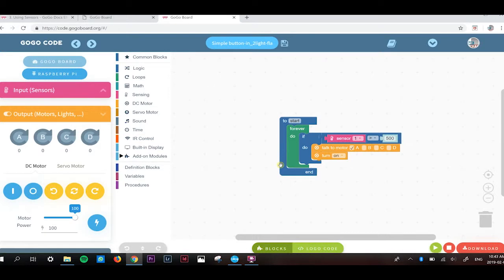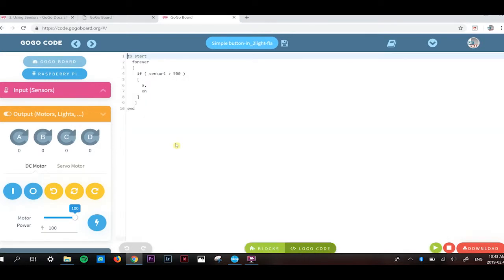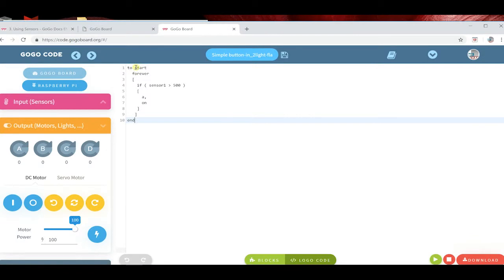So right now we are in block code, and you want to press the button where it says logo code. What you see is the block code written in actual simple code in text form, and